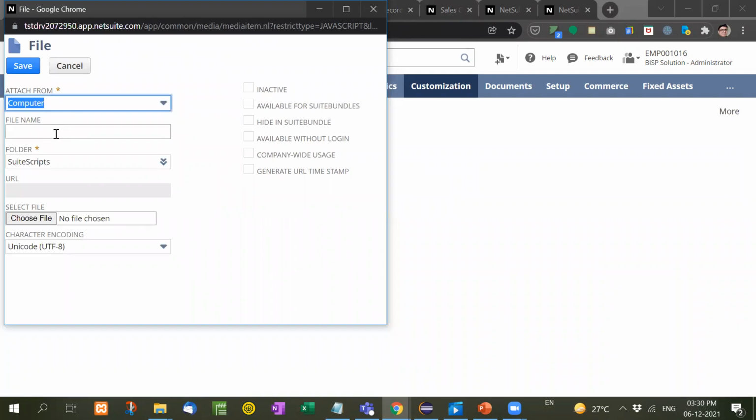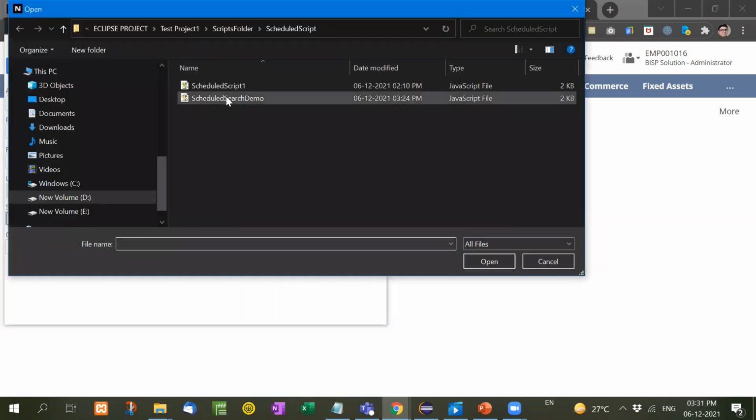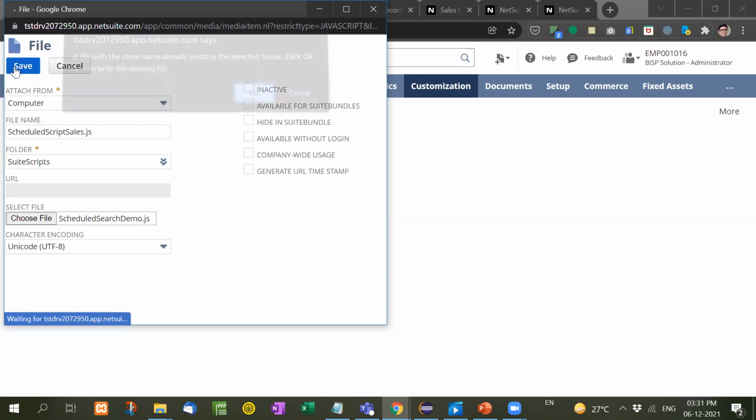Here I will write scheduled script sales.js. Now here I will select the file scheduled script demo and then save.